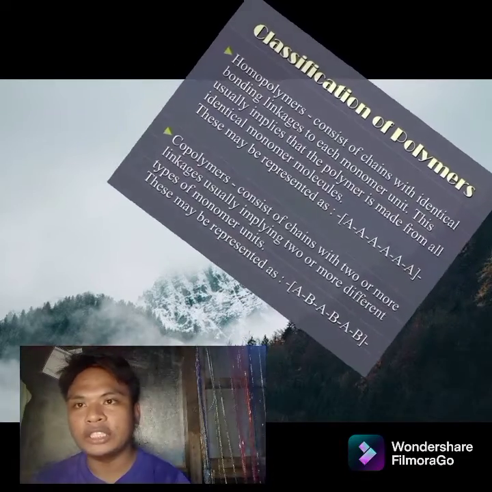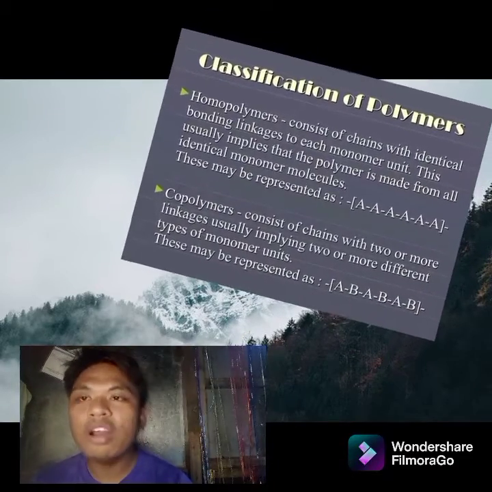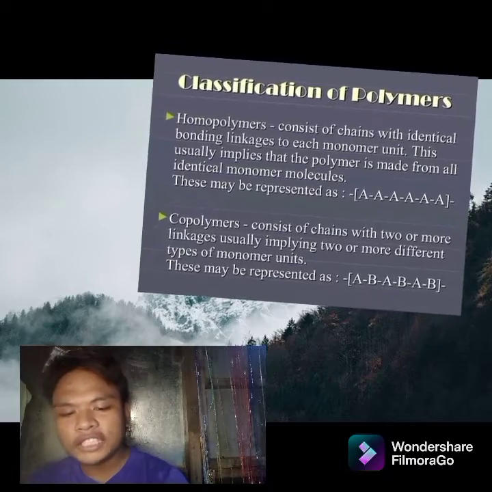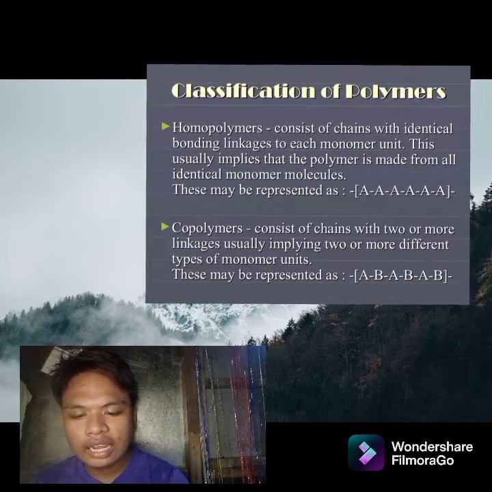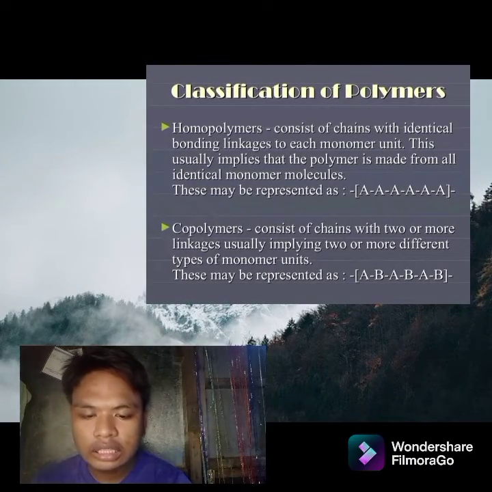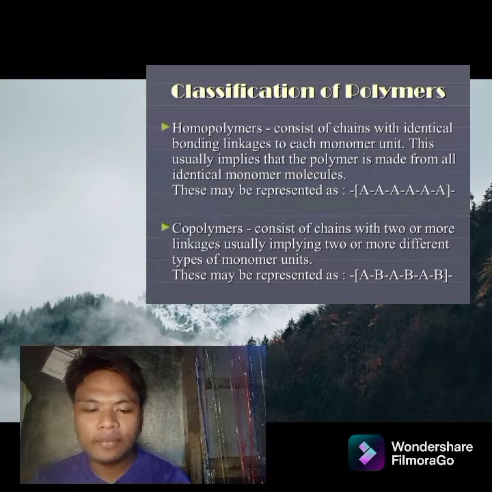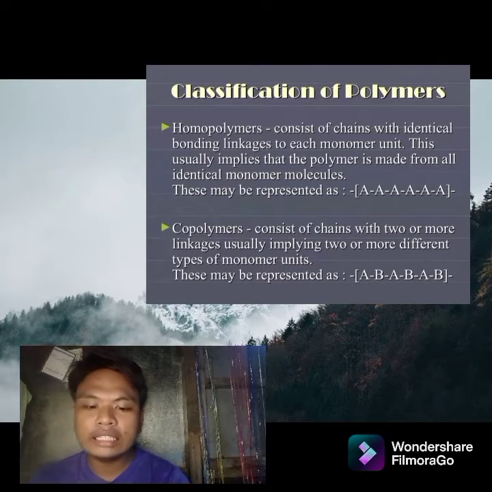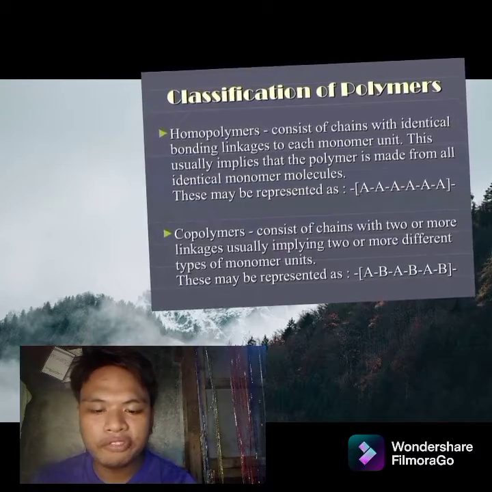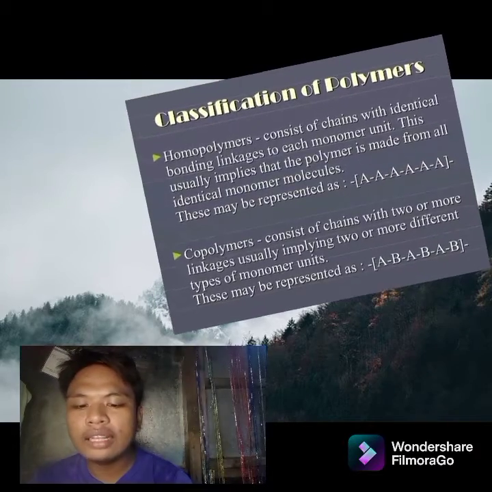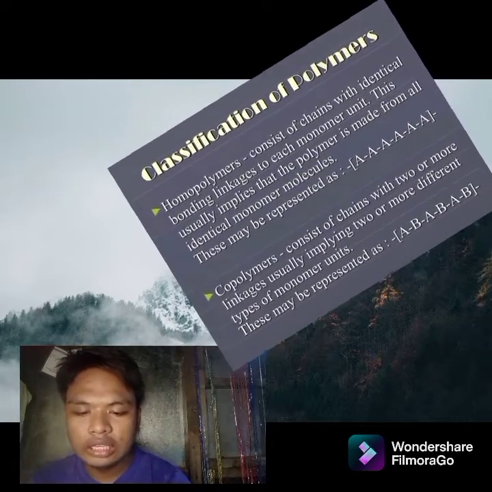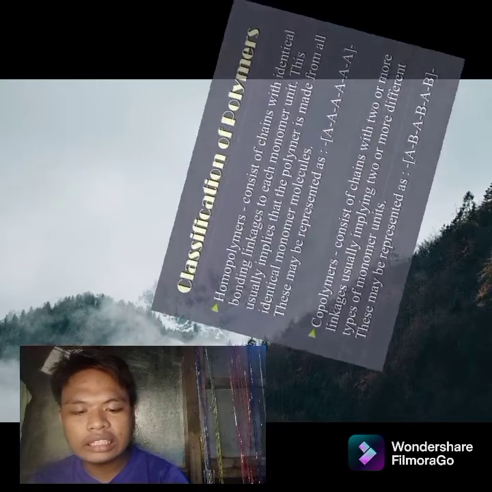Classification of polymers. Number 1, homopolymers. They consist of chains with identical bonding linkages to each monomer unit. This usually implies that the polymer is made from all identical monomer molecules. This may be presented as